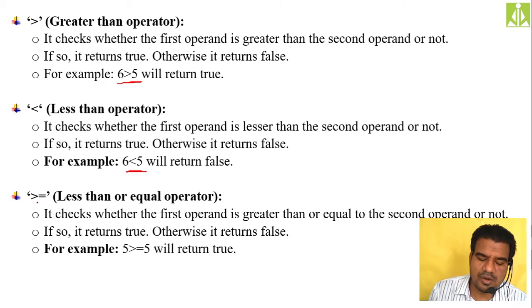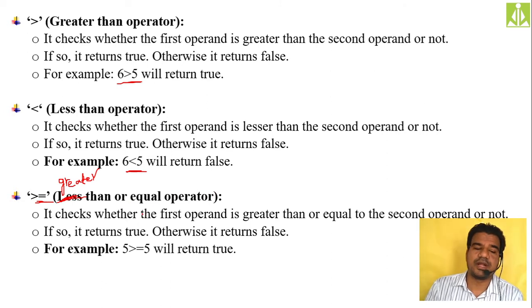So then the next operator, greater than or equals to. Okay, greater than or equals to operation. So here this is a mistake. It must be greater, isn't it? It is not less than. It is greater than. Greater than or equal to operator. Again, it not only checks for the greaterness but also the equality. So it checks whether the first operand is greater than or equal to the second operand or not. If the first operand is greater than or equals to, it will return true, otherwise it will return false.